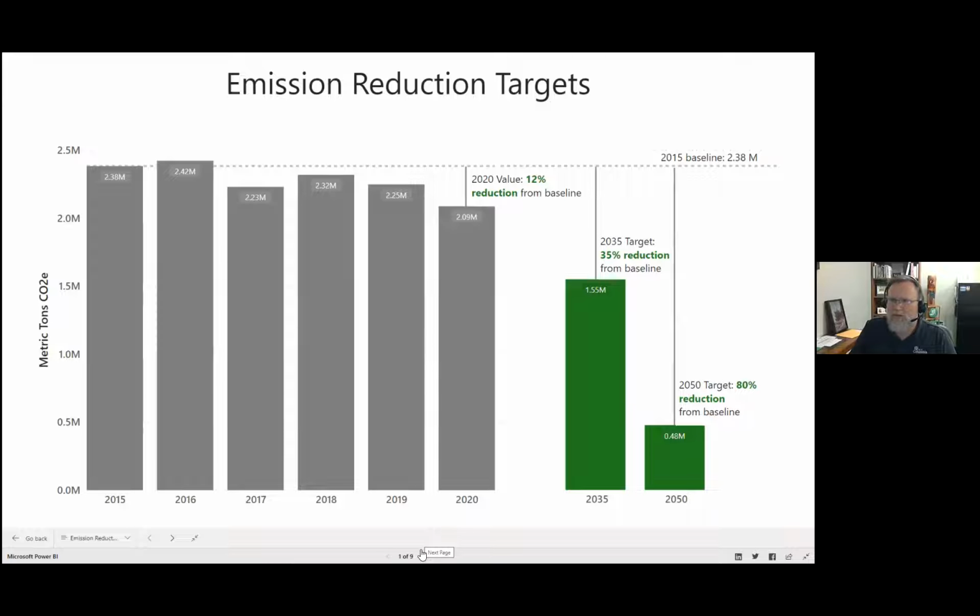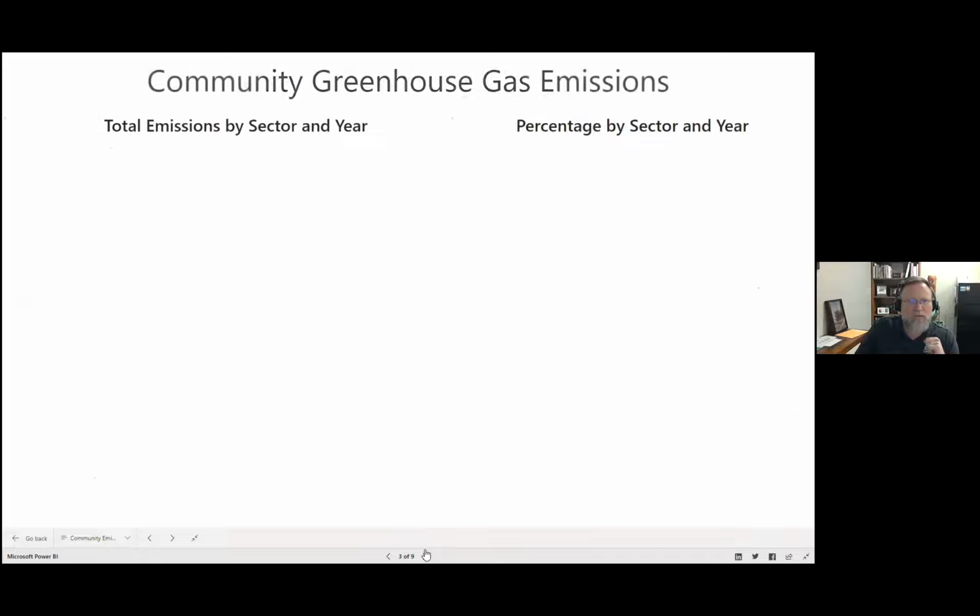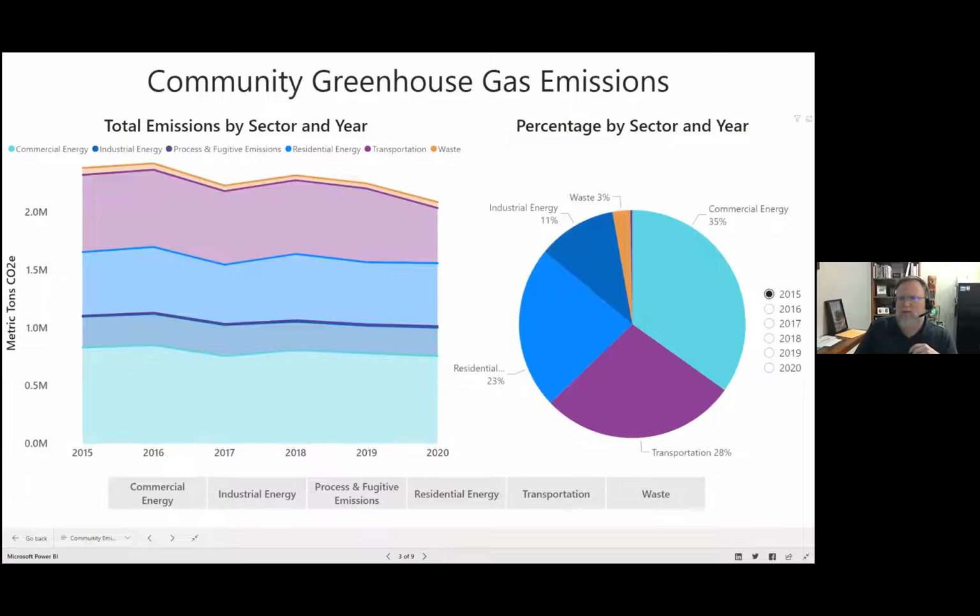No? Well, actually, I have a question. Okay. How are you measuring the emissions? So measuring emissions happens in pretty much two ways. The first and predominant way is by looking at what we call activity information. So I'm going to click to the next section because I think it'll help me explain a little bit. We have different sectors that we measure, and you can see down here at the bottom, those are the different sectors. So we have commercial, industrial, and residential energy, and then we have transportation and waste sectors.